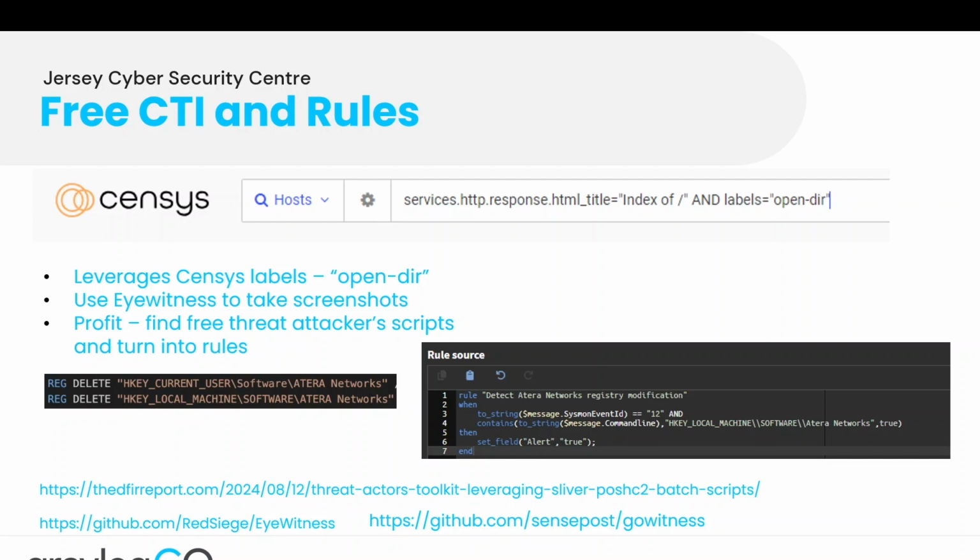And if you find an open directory, as people do, there's a very good link there from the DFIR report showcasing the technique. So you basically go to the attacker's open directory, and I use a sacrificial Linux box for doing this, and you take the files and you inert them, and then you use them to